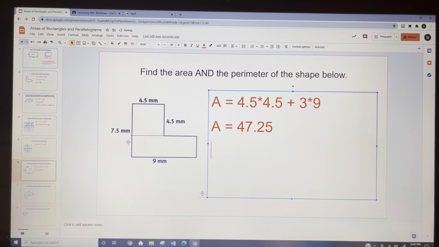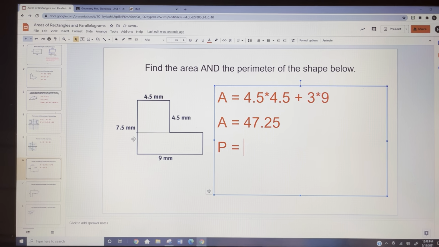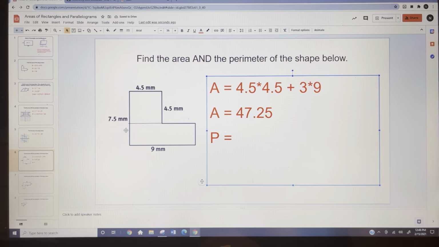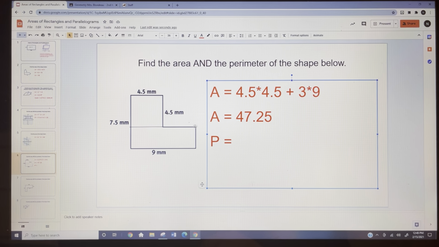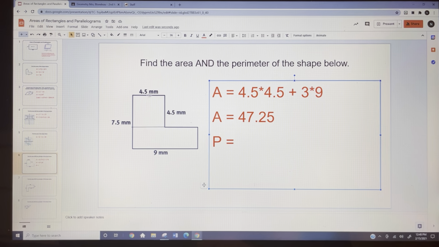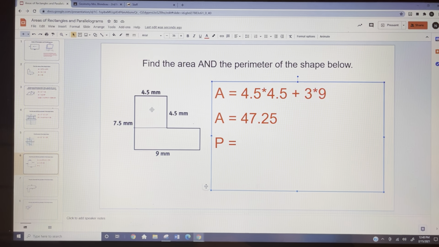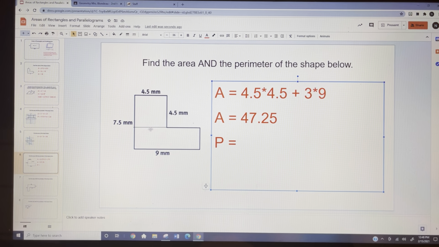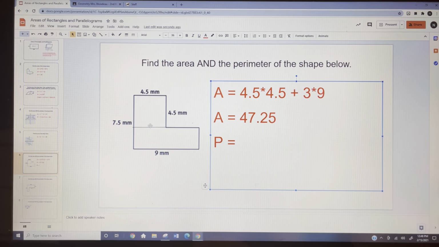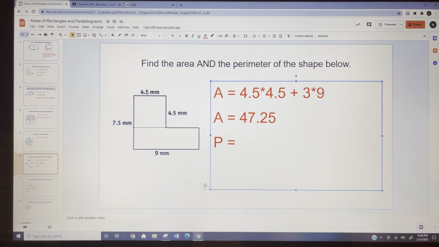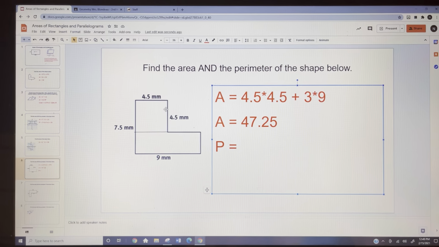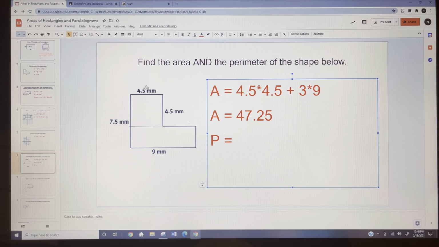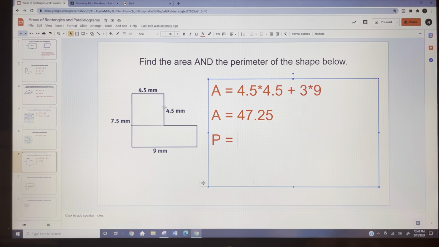Now, to find the perimeter, you just have to add up all the sides. So what I'm going to do is start at the top, okay, and I'm going to work my way clockwise around, adding up all of the lengths of the sides. Do not count this imaginary line that you wrote or that you drew in. You're only going to do the outer edges. So 4.5 plus 4.5